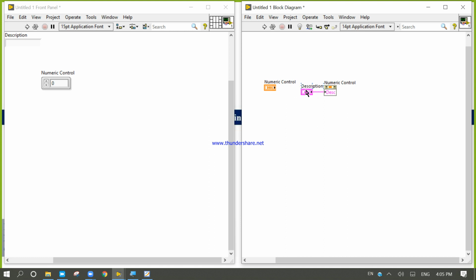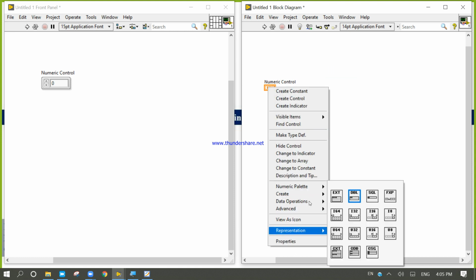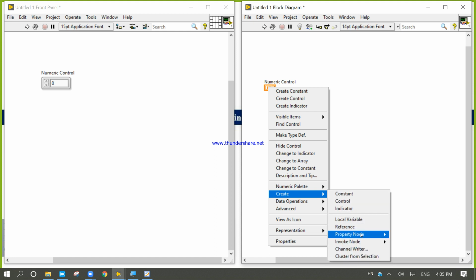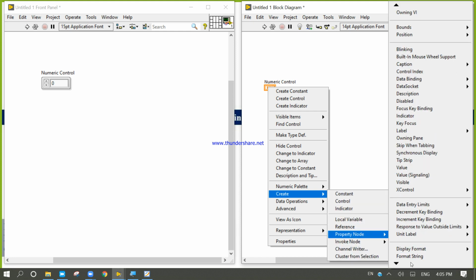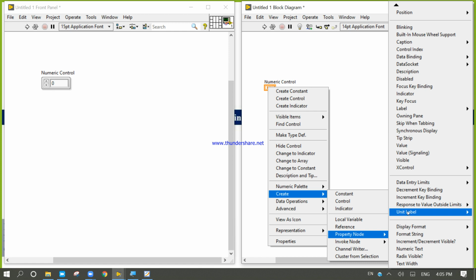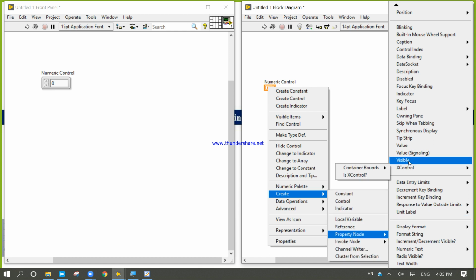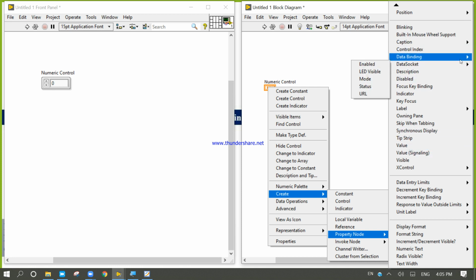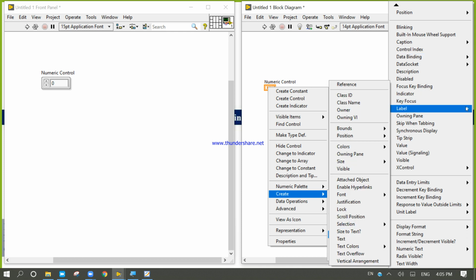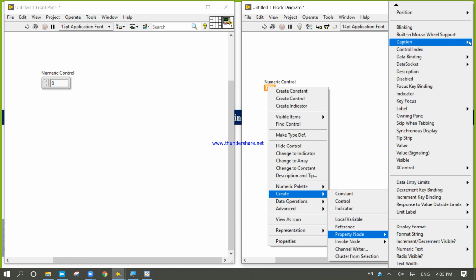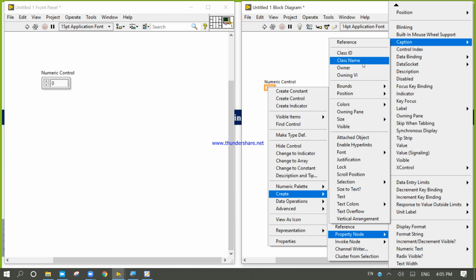Here is one more thing, the last program about these property nodes. Right click here, come to the property node. In the property node, there are color concepts. Label, caption.